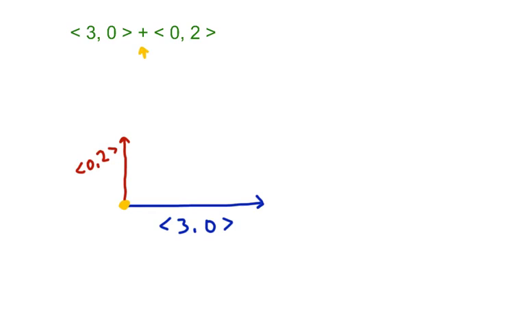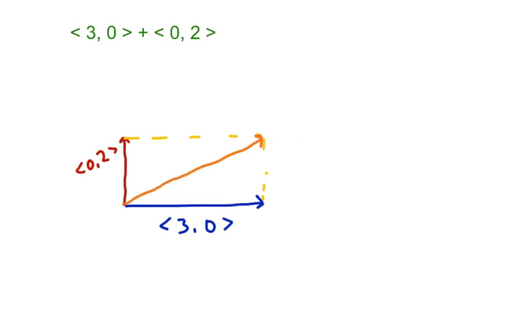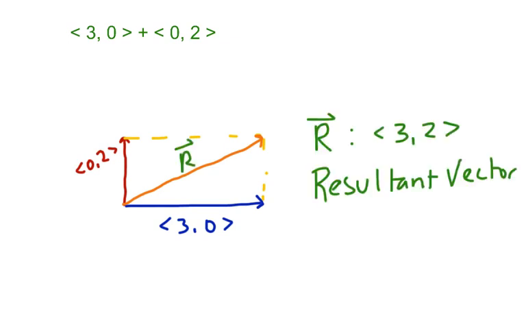So one of the methods we can use is, if we put the beginning points of each of our vectors together, this is what we call the tail-to-tail method. We're going to use a parallelogram. So if you complete a parallelogram, and then draw the diagonal from the beginning point to the opposite corner, that orange diagonal is our resultant vector,